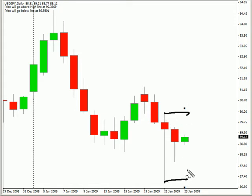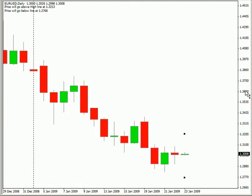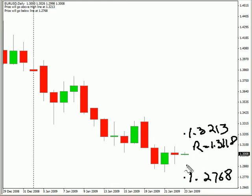Now switching over to the Euro USD, well first, this pair of course moved lower, closed lower, and did create an inside bar, which we'll get to in a minute. I do believe the movement is sideways though, biased definitely to the downside. Switching to the Euro USD, this particular pair closed down, forming an inside bar. I am looking for this pair to move as high as 132.13 and as low as 127.68. Look for some resistance around 1.3118. Look for support around